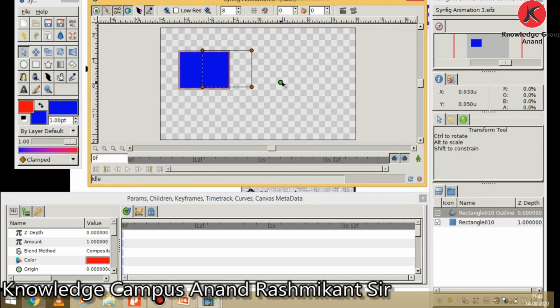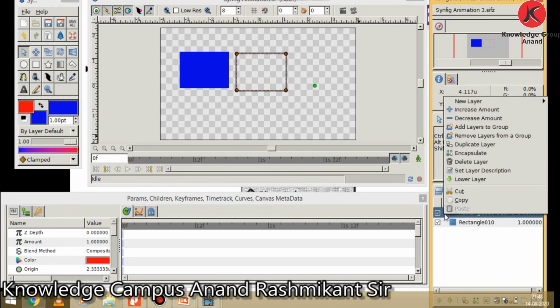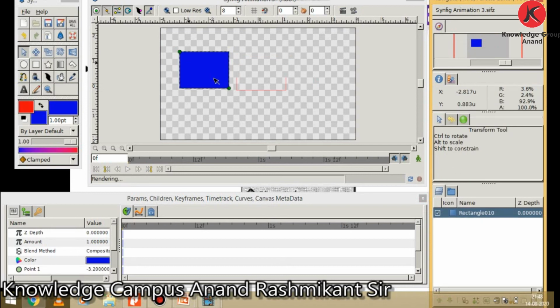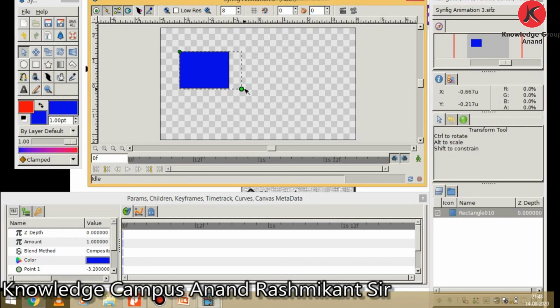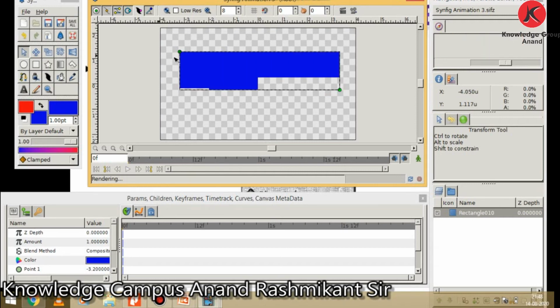You can see here that our rectangle, meaning the outline, is moved here. There are two ducks for the rectangle. You can resize it or move it. Suppose it is moved like this.